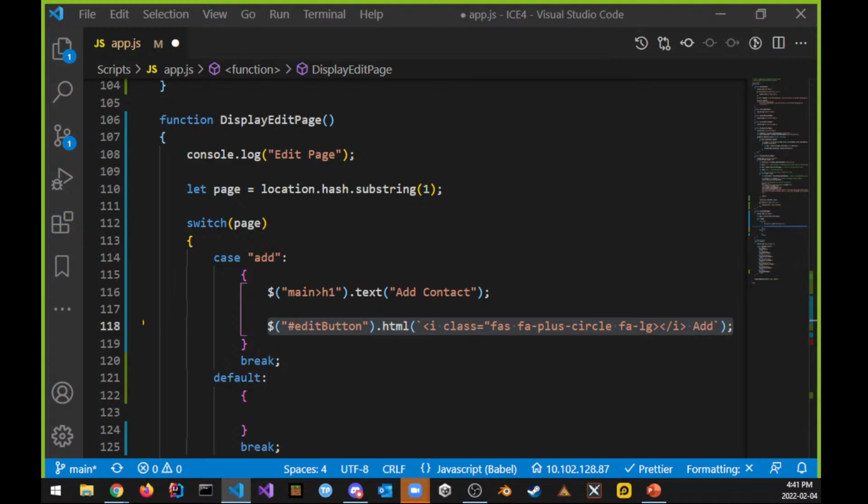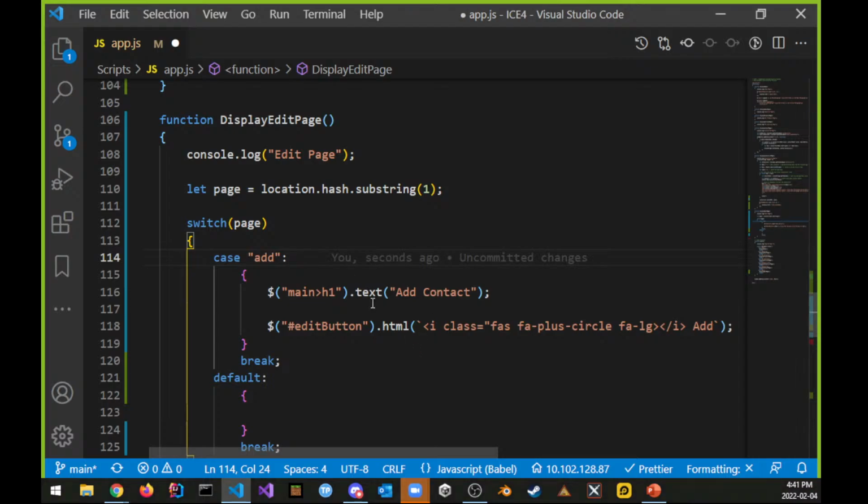Right? And what that does, it says, hey, replace the HTML. Why didn't I use text here? Because I have this I tag. If I inject HTML into a text content, it'll just look exactly like this, like an I tag. It'll ignore the formatting altogether. But if I tell JavaScript that it's actually HTML, it will make it HTML. It'll add it to the page, right? So if I do this now, and if I save and go back, you're going to see that